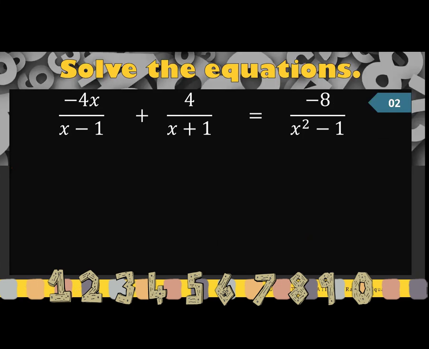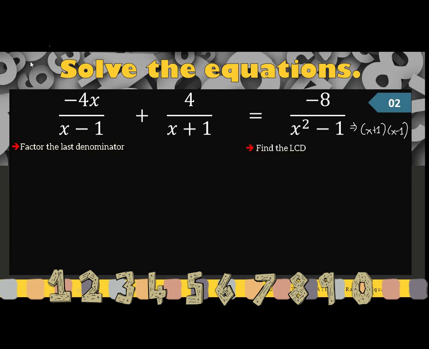So, this is the rational equation. Again, our first step is to factor the last denominator. Now, x squared minus 1 is a difference of two squares. And the factors can be written as a minus b, and the second one will be a plus b. So we will get that by getting the square root of the first term, and the square root of x squared is x, and getting the square root of the second term, which is 1. So basically, we will have the factors as x minus 1, and the second one will be x plus 1. So this one can be written as x plus 1 and x minus 1.